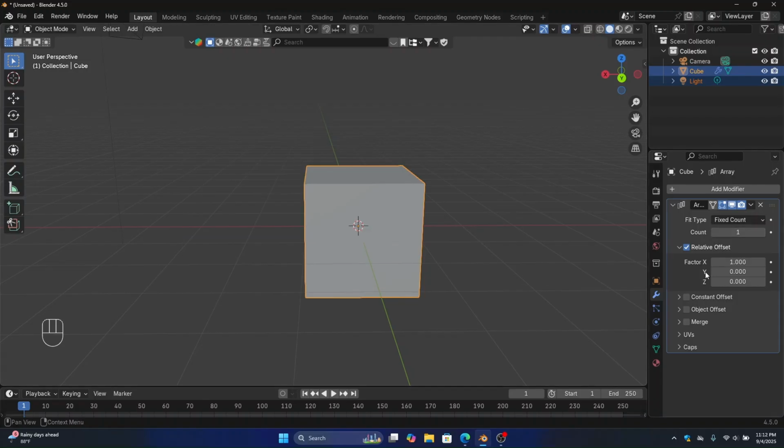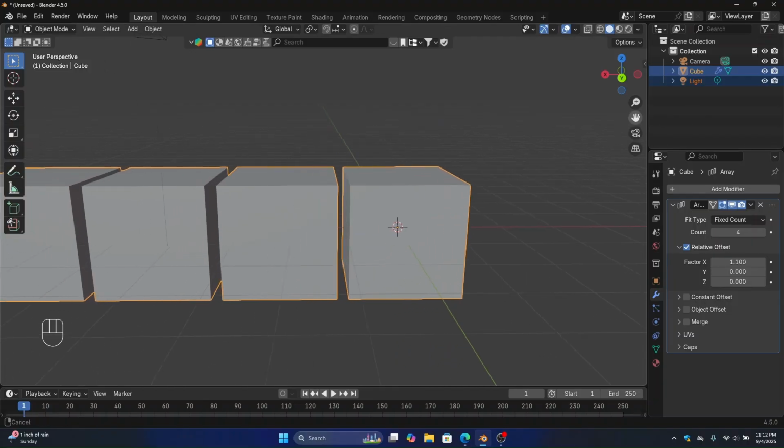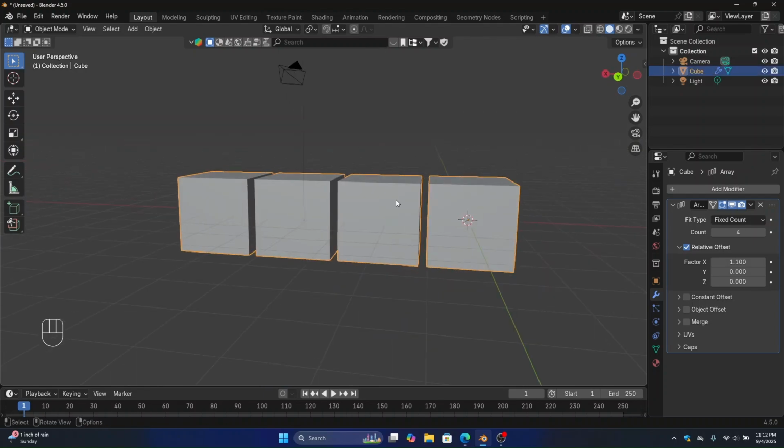Now let me increase the count to 4. Now you are able to see we had just one tube, and now from 1 we have 4 tubes. So there are 3 tubes additionally added to our one tube. But this is all in one object. So that's the amazing thing about the array modifier. What does the array modifier do is